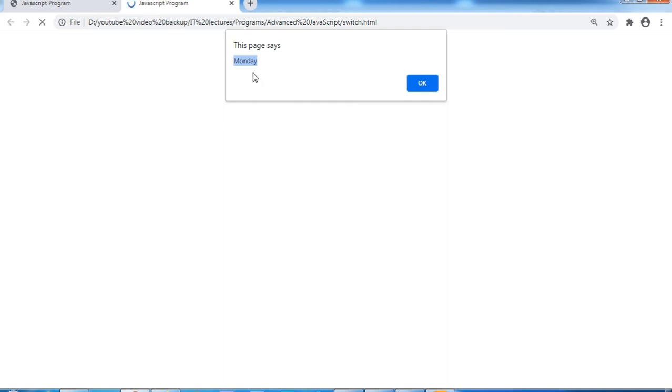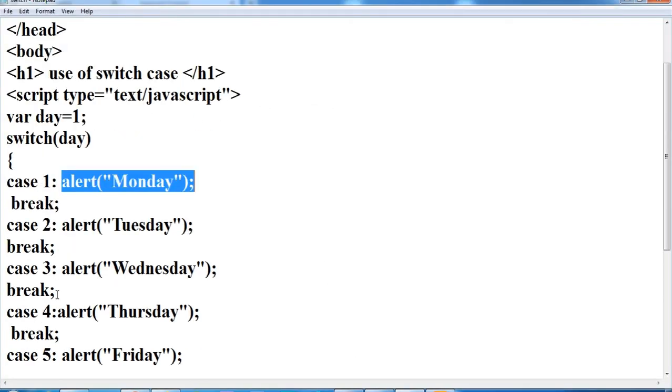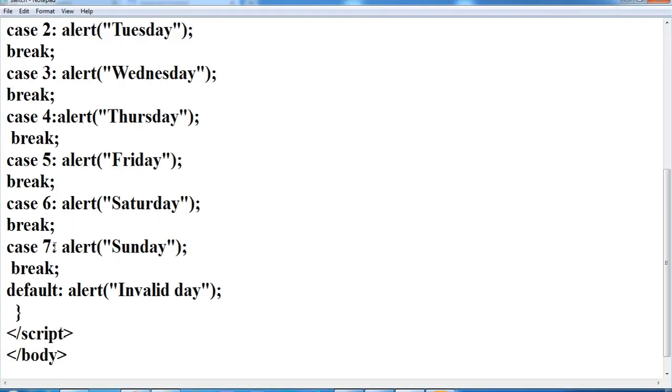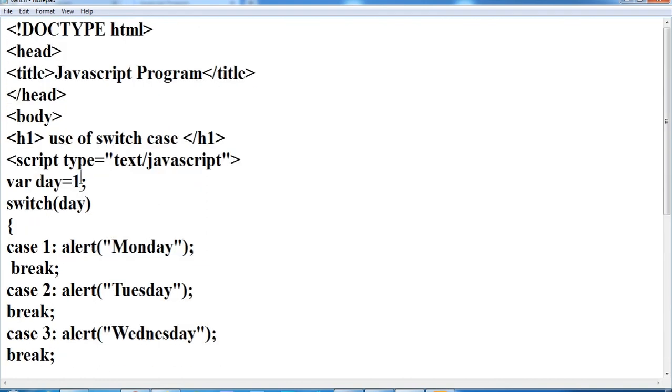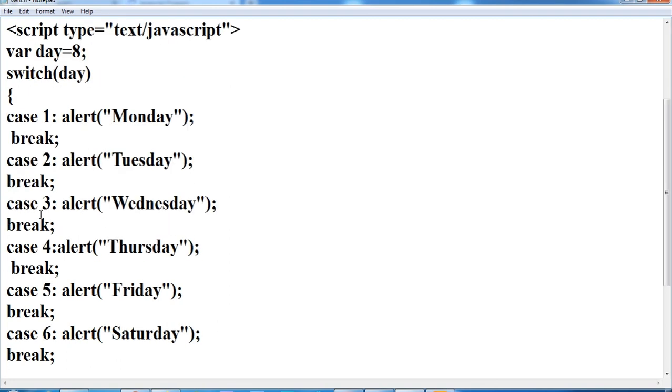If I put invalid input, I should enter only between 1 and 7. I have 7 cases here, and if I enter 8 here, suppose the day is 8, let's see what it shows. If the day is 8 and the switch expression is now 8, it is none of our cases, right?